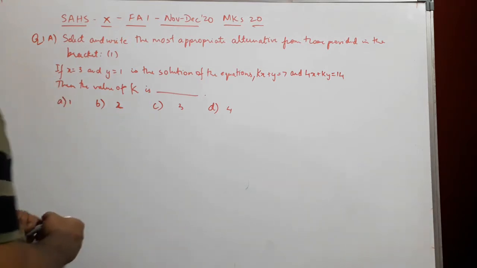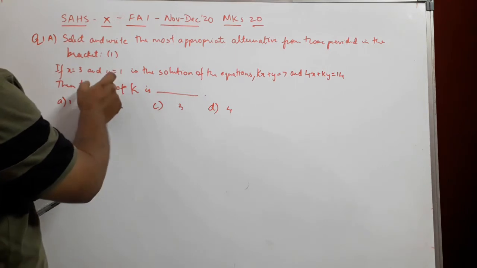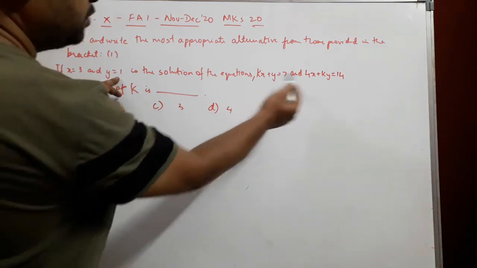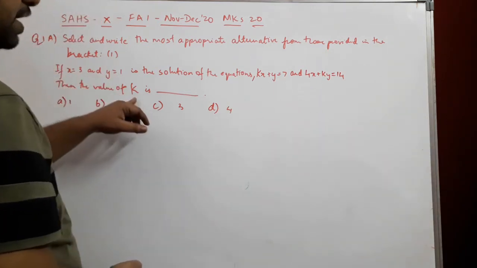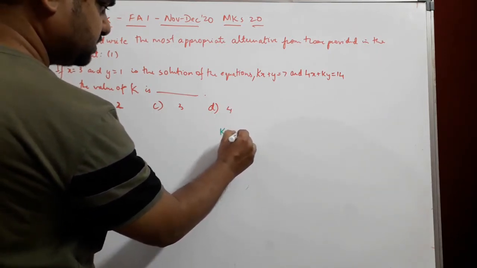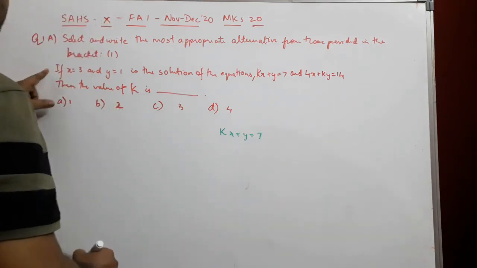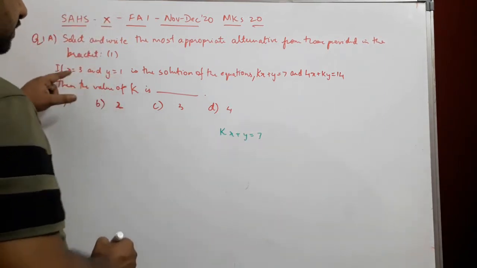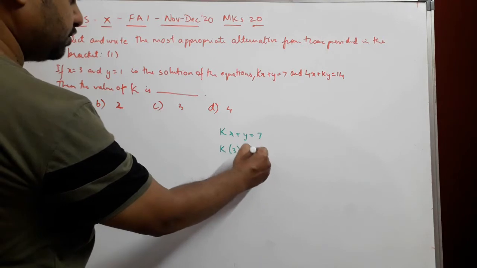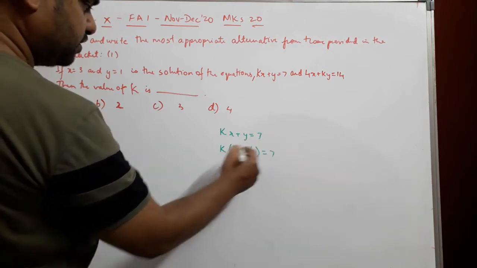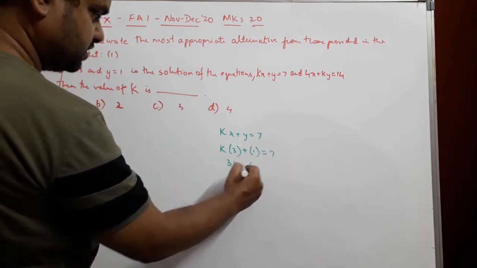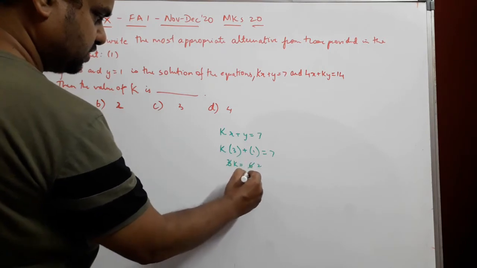So we have x equal to 3, y equal to 1 given. These are the solutions of the equations. If we put this value in any one equation, we should get the value of k. So we'll take the first equation, kx plus y, because it looks simple, and in place of x and y I'll substitute this value. In place of x we put 3 and in place of y we put 1 equal to 7. Take 1 on the other side, this will become 3k equal to 7 minus 1, so that will be 6. 3 2s are 6, k is equal to 2.